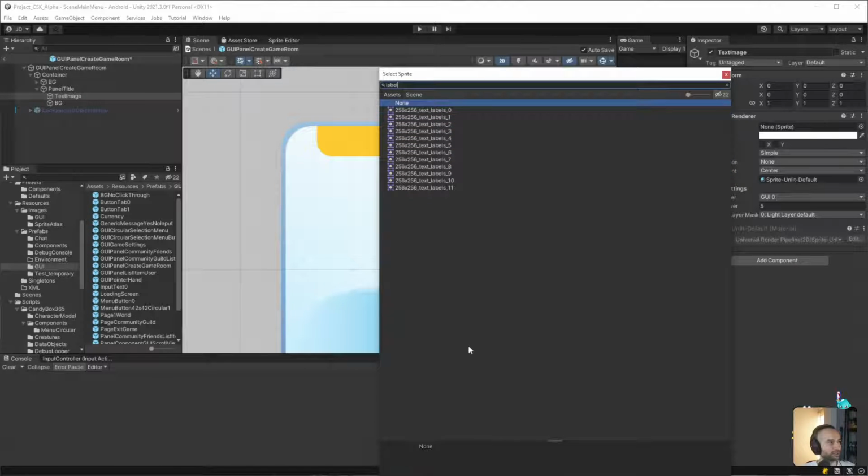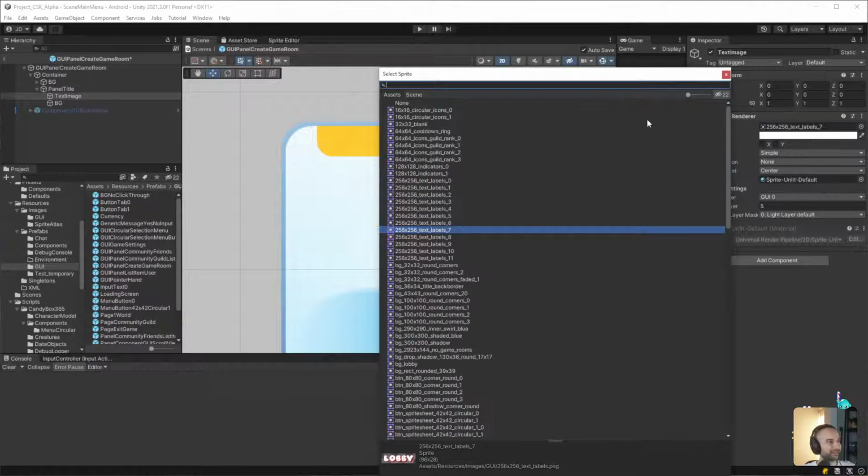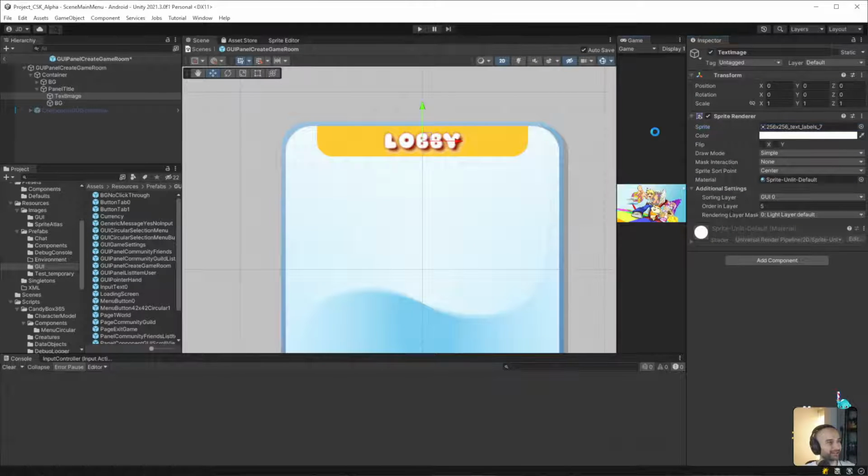Oh, I don't have create game room. Oh no. I thought I did. Okay, I'll need to export that. Really? I really thought I had it. Okay, that's fine. It's easy enough to export because it is a graphic. It's not actual text.